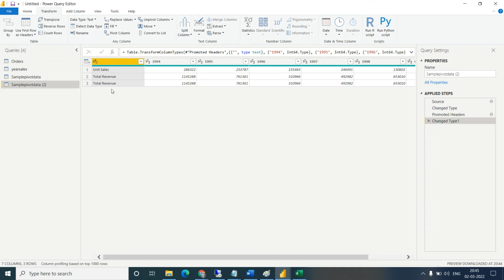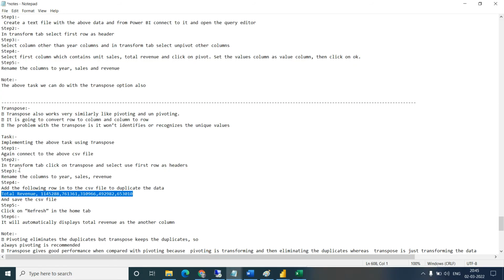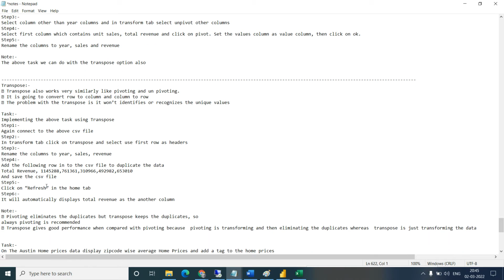Right now we have data, unit sales, total revenue, 2 times we have total revenue. So in the transform tab, click on transform, use the first row as a header. Rename the column to year, sales, revenue. One more column we added, and click refresh.